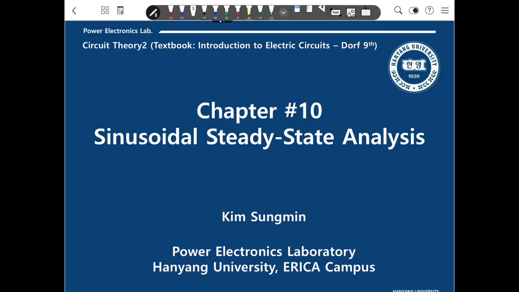In this chapter we will discuss sinusoidal steady state analysis. This is the first chapter to describe the electric circuit in the frequency domain. Later, we will discuss the electric circuit with only the frequency domain. Before that, in chapter 10,